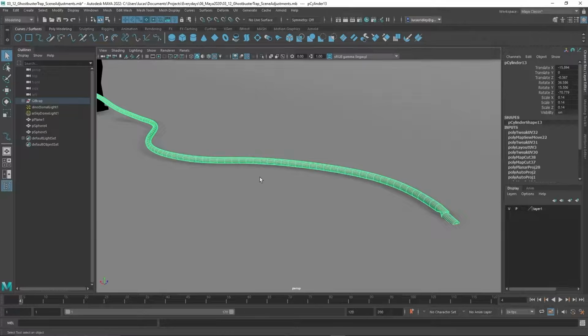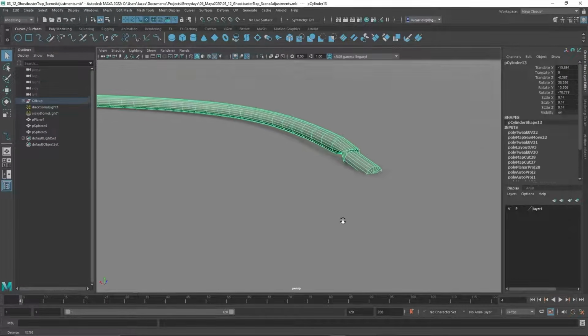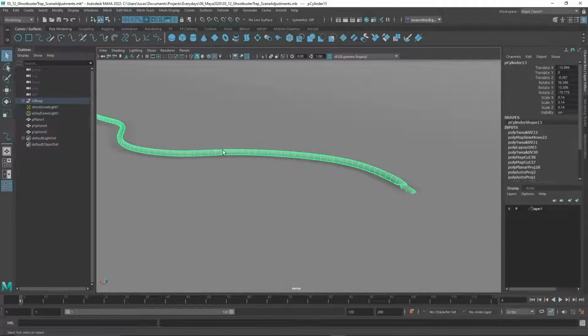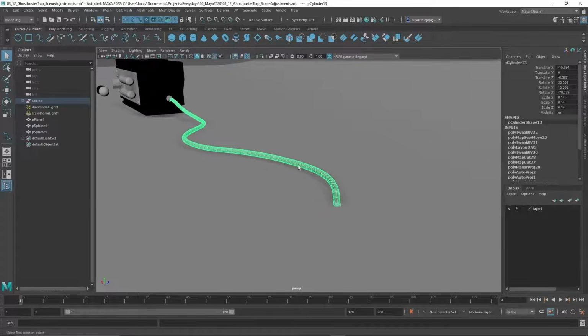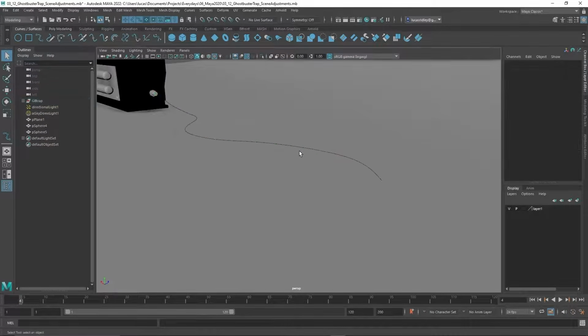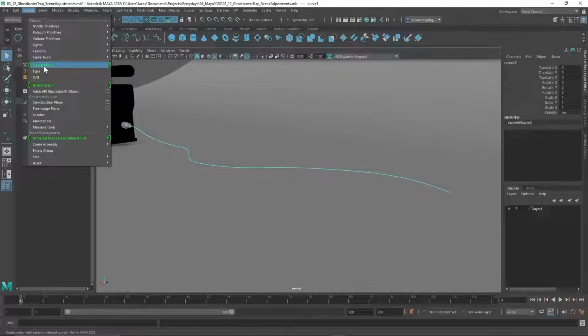So I'm just going to select that geometry. And before I delete it, I just wanted to mention the issue we had here previously using the extrusion method along a curve. You always had the problem of that extra little bit that you extruded from, and then also the possibility of flipping normals of the faces if you adjusted the curve later. And that seems to be pretty much resolved with this new method. So let's select that geometry and delete it if you're following along with the course project files. And I'm going to select the curve, and kind of weirdly enough, this new feature is not in the mesh controls, it's actually under Create.